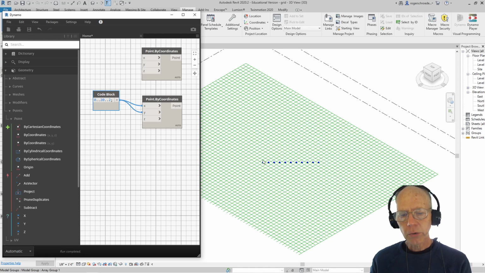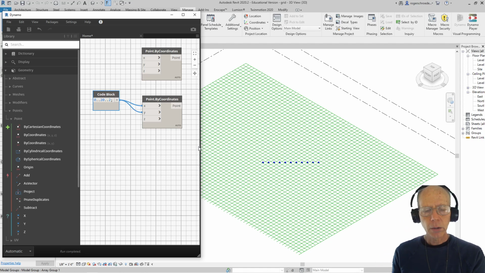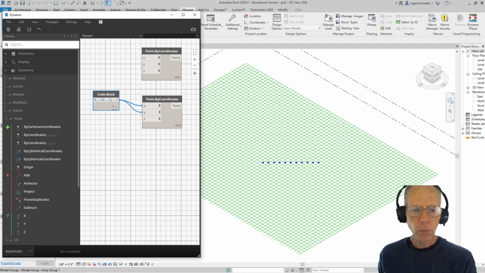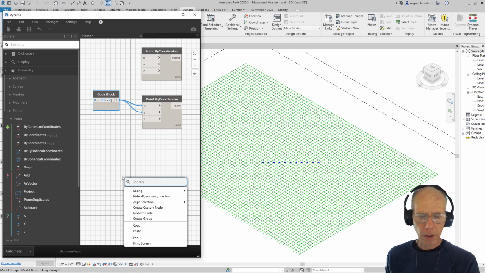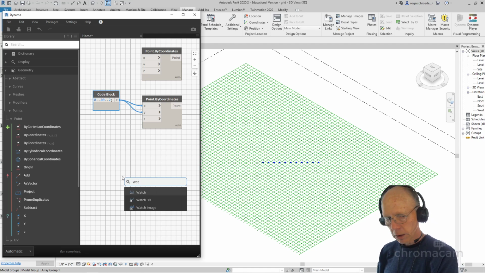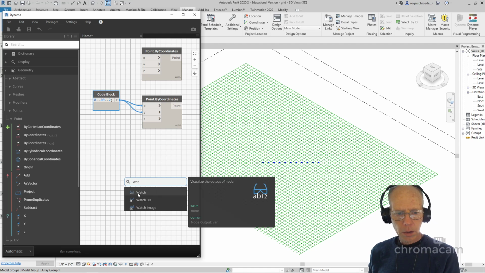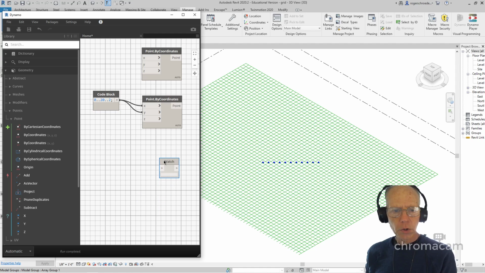Now we're going to need a grid of points to make our ceiling tile system. So I want to show you how we get from a single line of points moving in a diagonal to this kind of an array. And that's an idea about how this looks at each one of these points. And I'm going to use what's called a watch box to show you what comes out of this